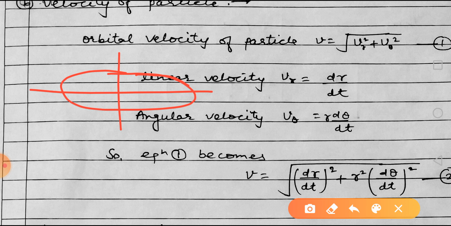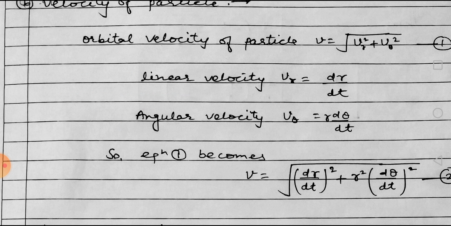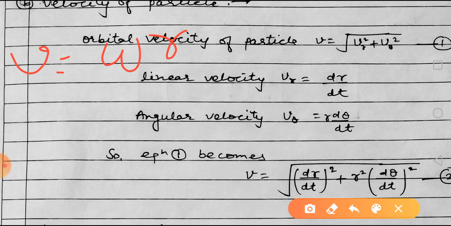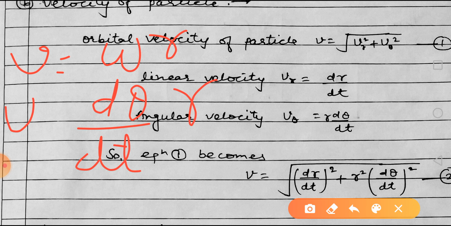We know that linear velocity is v r, which is the change in displacement with respect to time, and for angular velocity V is equal to omega r, and omega is d theta upon dt, so v theta is r d theta upon dt. We put the values v r and v theta in equation 1, then we get v is equal to root of dr upon dt whole square plus r square d theta upon dt whole square,